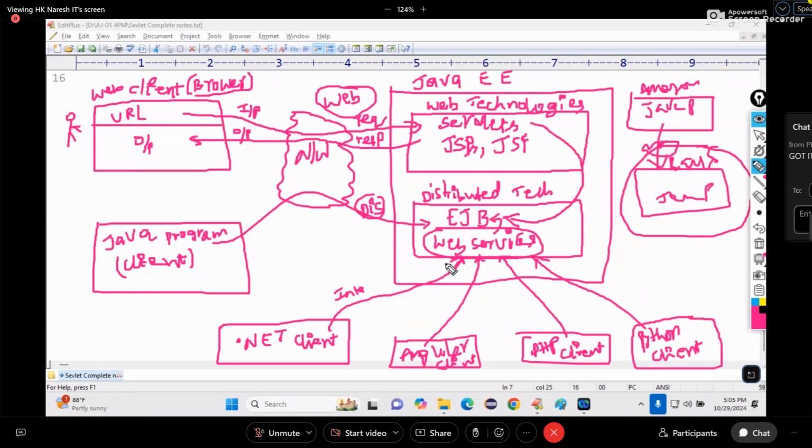In brackets, for example, any website. Any website is a web application. Amazon is a web application. Myntra is a web application. YouTube is a web application. Okay.